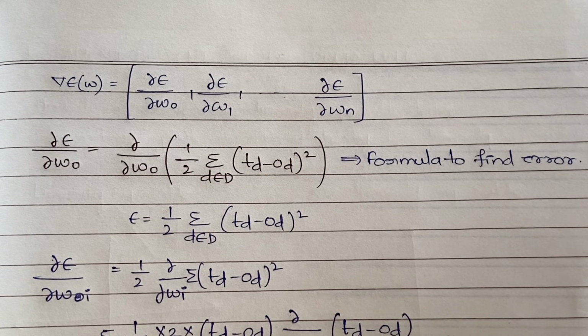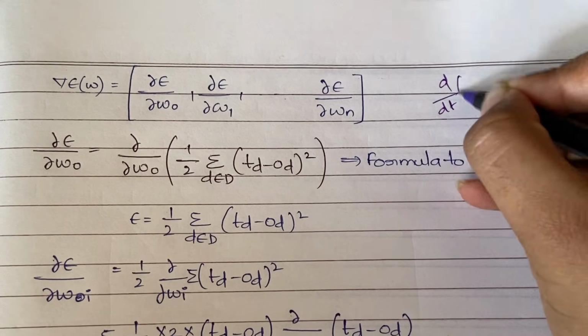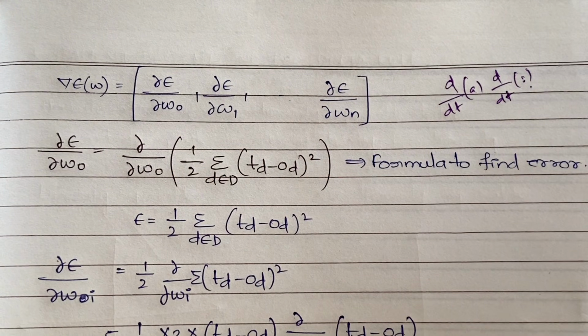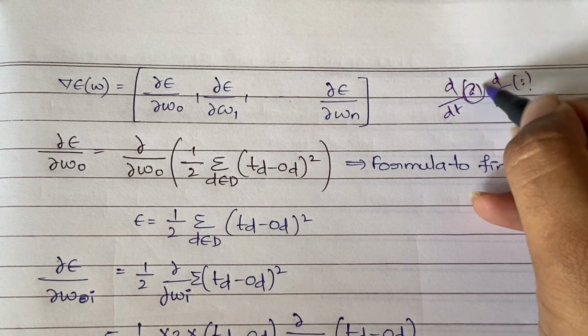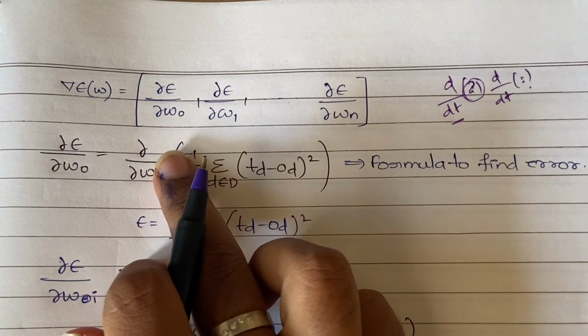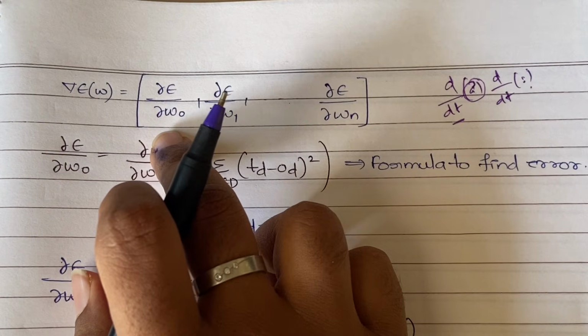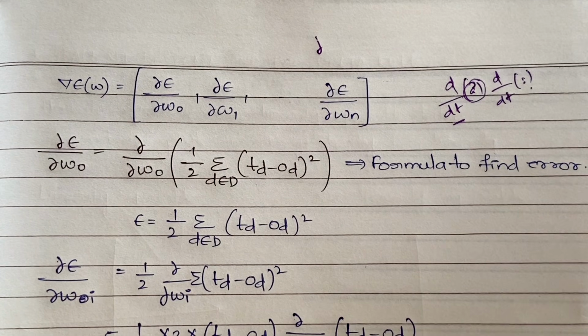As I said, you need to find the derivative of E of W, which is the derivative of error with respect to weights. In physics or maths, we did d by dt of acceleration or d by dt of speed, if you can remember from our intermediate, and even in M1 or M2, we have these derivatives. So d by dt is nothing but differentiating acceleration with respect to time. Here also you're going to do the same thing. We are differentiating E, that is the error, with respect to the weight. Now this is also a derivative symbol only. Don't get confused that d is the only derivative symbol. We have learned about this also.